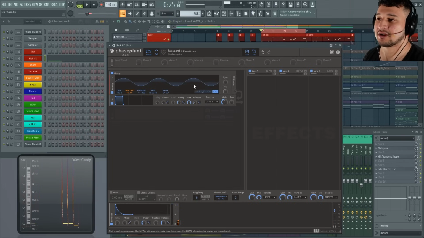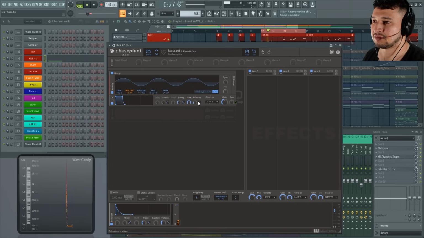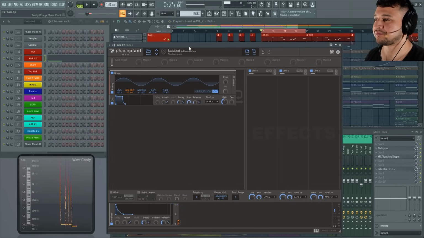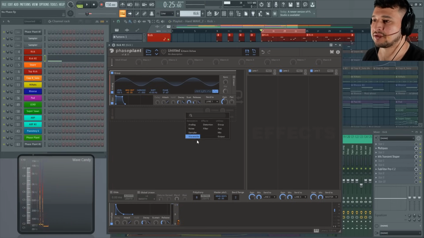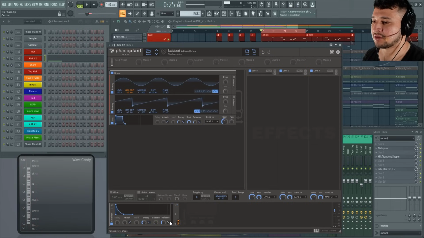The next thing I'll do right here is play around with the envelope on the output. So I'm going to set the release to be longer. Decrease the sustain a little bit. Cool. Now, another cool thing I could do here is add another analog oscillator, make it a saw wave, and